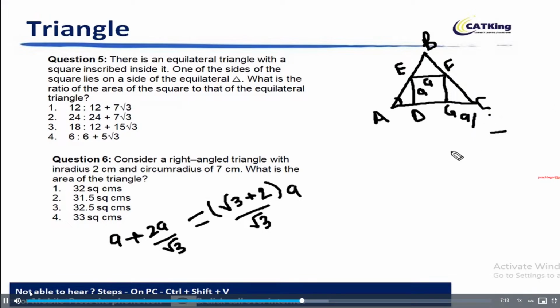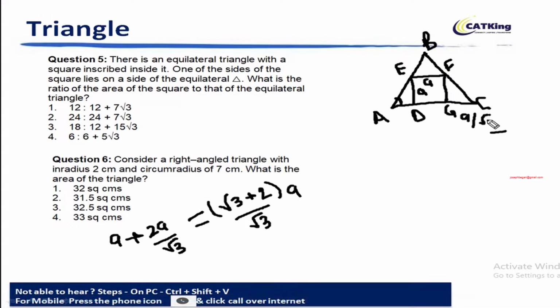Okay, this is root 3. Area of triangle. Let's find out the area of the equilateral triangle. Area of the equilateral triangle will be how much? Root 3 by 4. This is also a very important formula for finding out the area of an equilateral triangle. Root 3 by 4 into side square. Here that side is root 3 plus 2 upon root 3a. So root 3 by 4